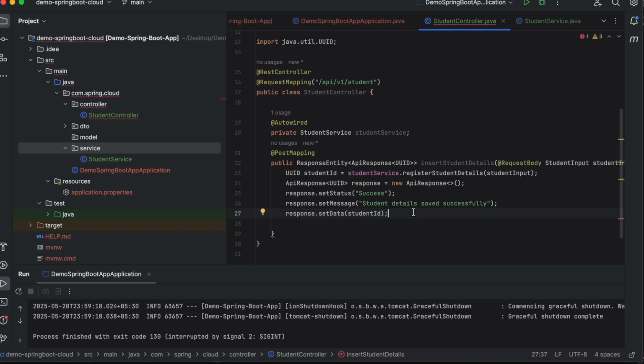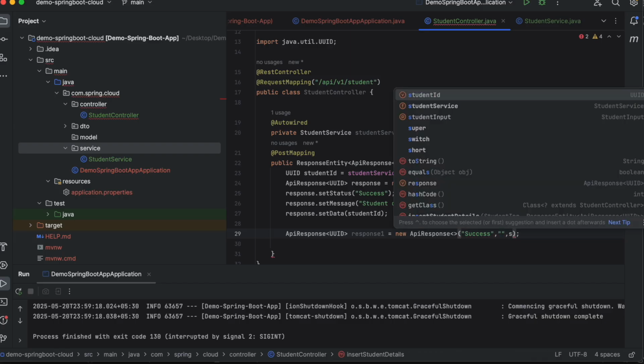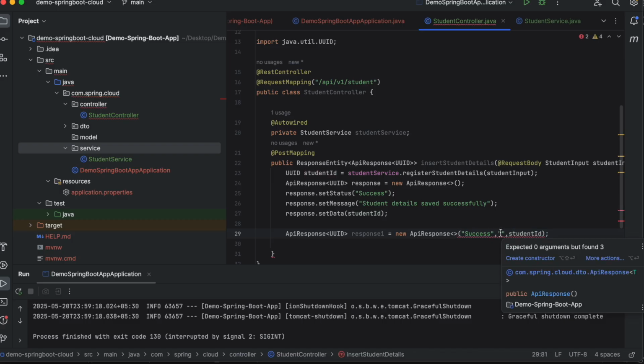To do so, what we can do: API response, similarly, response 1 equal to new API response of, here we can say success, and then student ID. Now it is saying, expected 0 arguments but found 3.